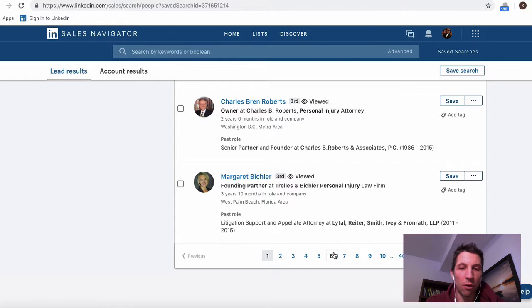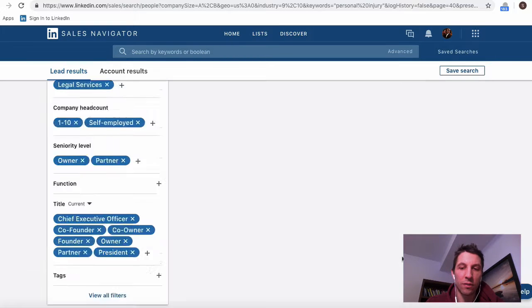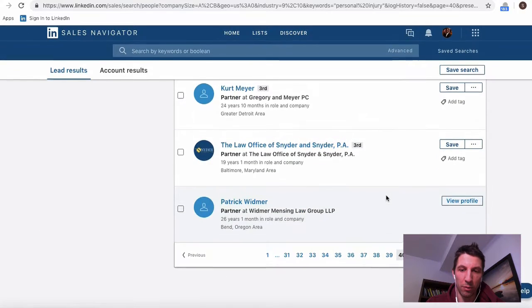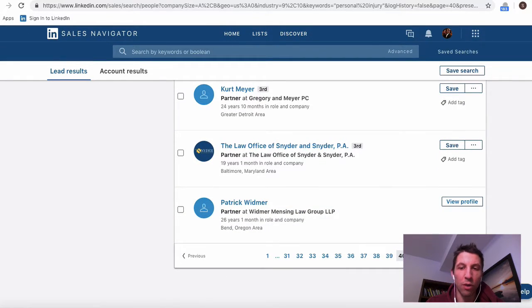And if you count all these people up from page 1 to page 40, it turns out that, see, there's nowhere we can go any further in the pages. So Sales Navigator has a limit built in so that you can only access 1,000 people in one